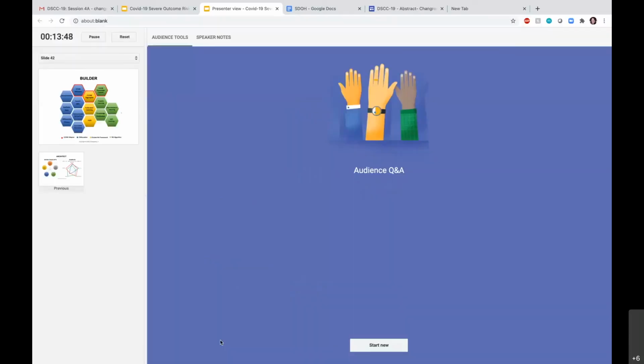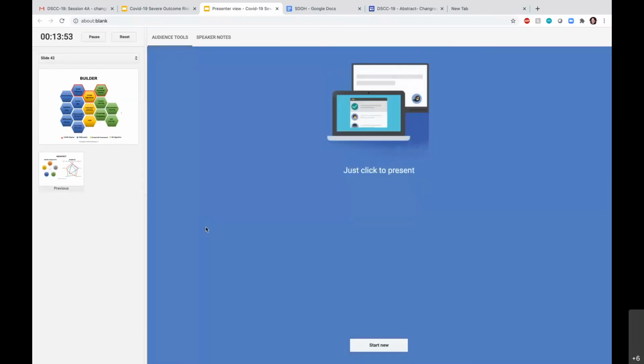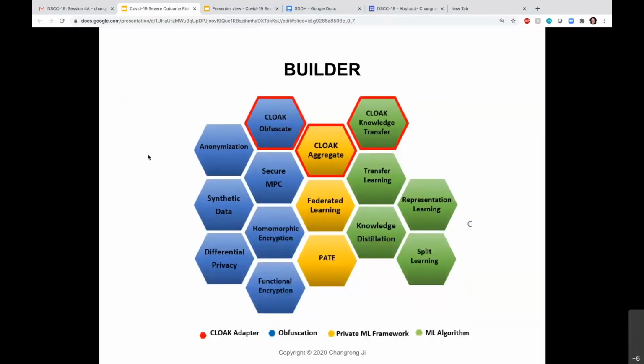So first question, if data sets are contributed, they seem to be data of opportunity. How do you know your results generalize to the population? Or what measures do you take to assure that? And how can you be sure your data are cleaned and balanced? Oh, okay. The data is very imbalanced by nature because COVID-19, especially some of these severe outcomes like ECMO, heart-lung bypass, are very rare. So they are imbalanced by nature.